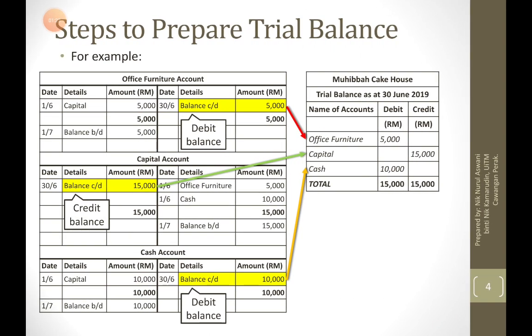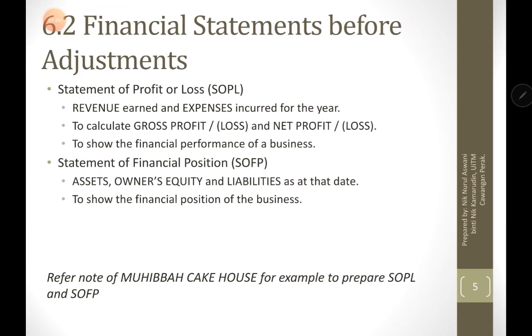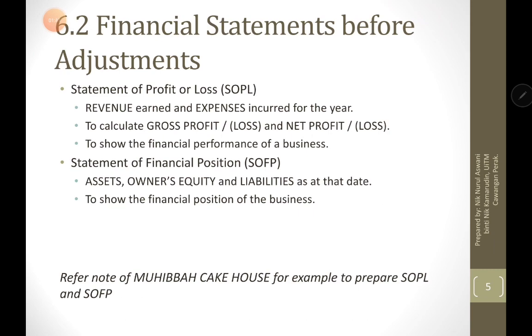Then you close the accounts, where you find out the balance carried down, and also the balance brought down, which will be transferred to the trial balance. After you have done the trial balance, next is the preparation of the statement of profit or loss and statement of financial position. For the statement of profit or loss, also known as SOPL,